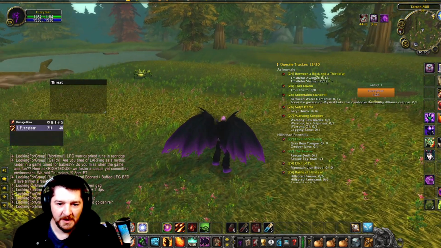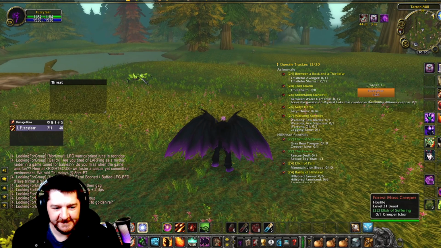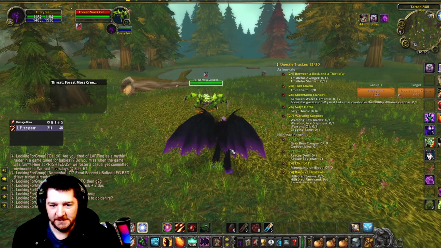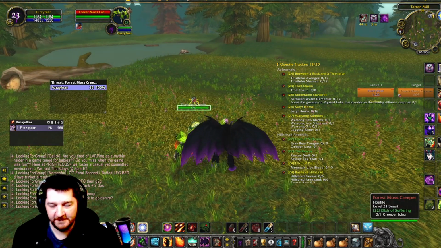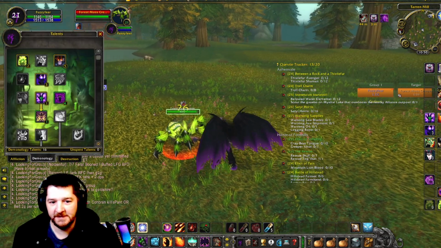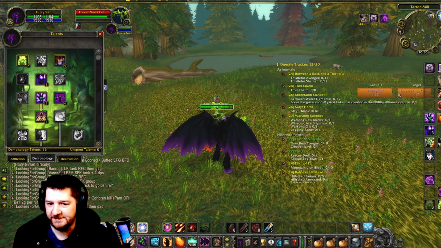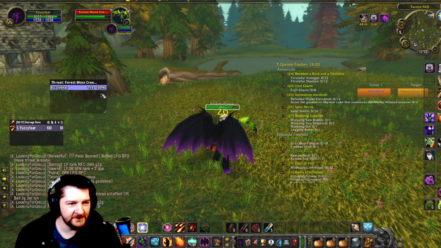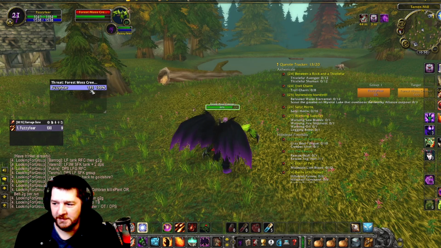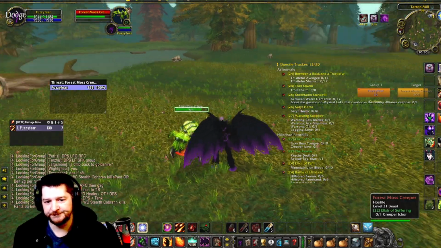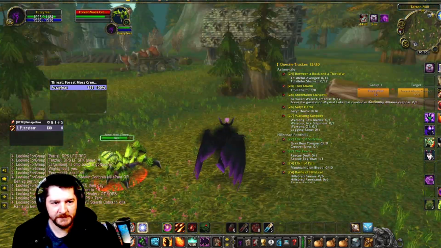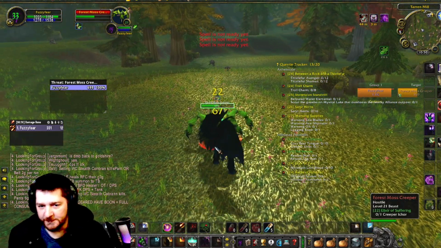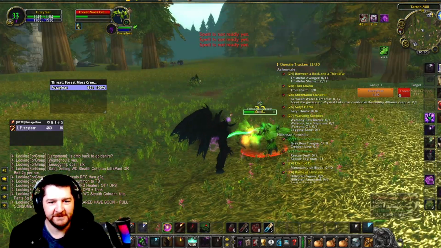Okay, so let's talk about the instant corruption first. I'm going to cast corruption on this target. You literally get nothing out of the instant corruption; it doesn't do anything to improve your spell power, increase your threat, anything like that. So over the course of the full corruption, I got 195 threat, right? So that's fine. We'll come back to that. 195 threat on corruption.